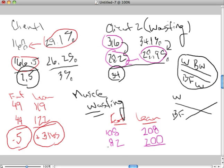And this is where you can start to see where the problem is, okay? So I'm running out of room here. I'm going to put the numbers up here. But 108 pounds of fat to start with minus 82 is 26 pounds of fat loss. Now that's huge, okay? So we're not going to take away from that. That's extremely significant. 26 pounds of fat